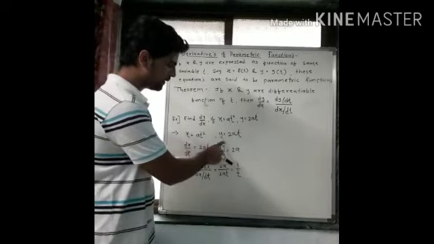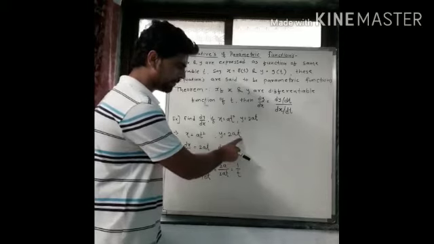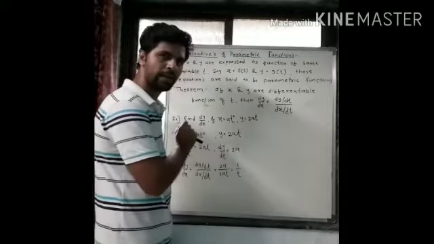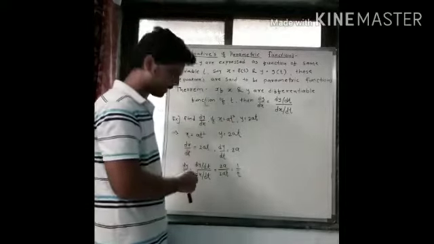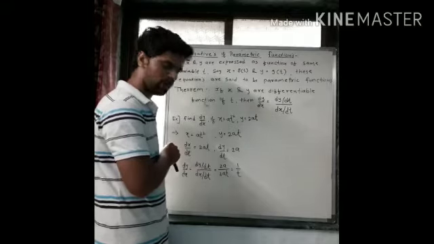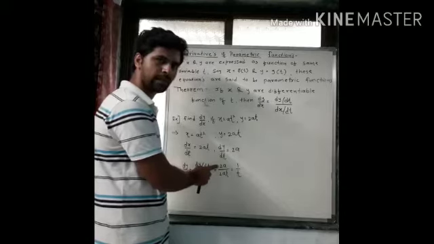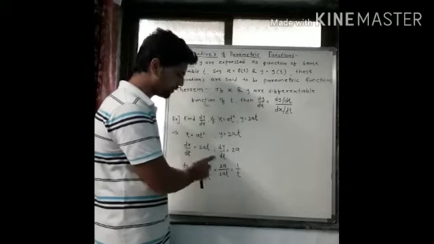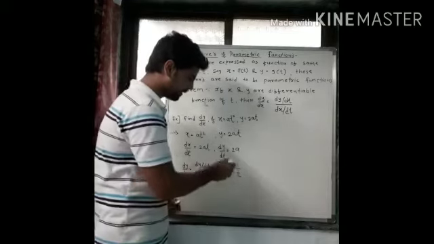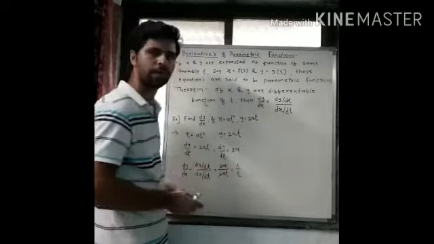Similarly, derivative of y with respect to t is dy by dt. Here 2a is constant and derivative of t with respect to t is just 1. So dy by dt becomes 2a. Now we'll combine them according to this formula. Dy by dx equal to dy by dt upon dx by dt. Dy by dt was 2a, so write that in the numerator. Dx by dt was 2at. Write that in the denominator. So this 2a and 2a will cancel out and we get 1 by t. So dy by dx is just 1 by t.